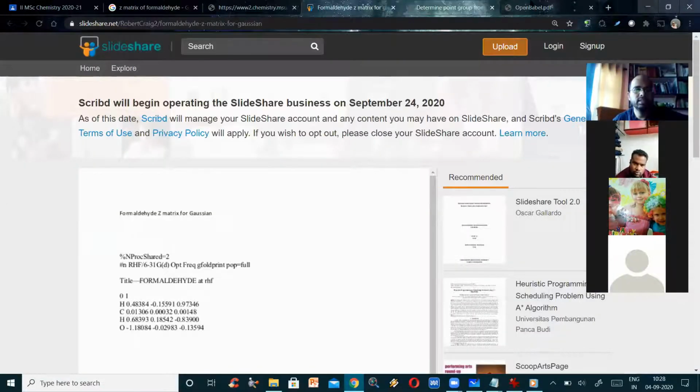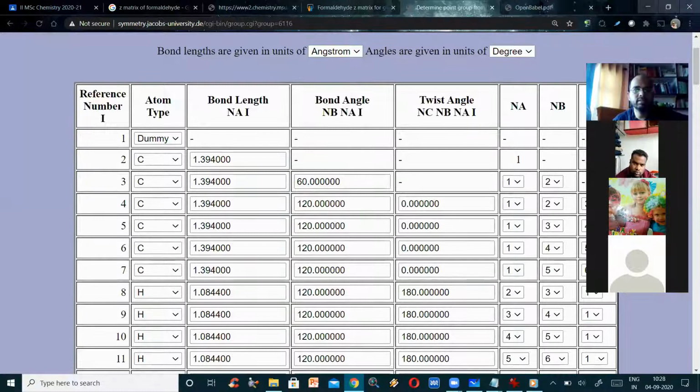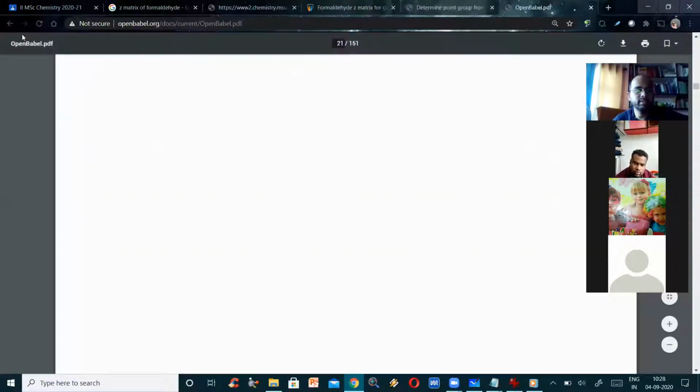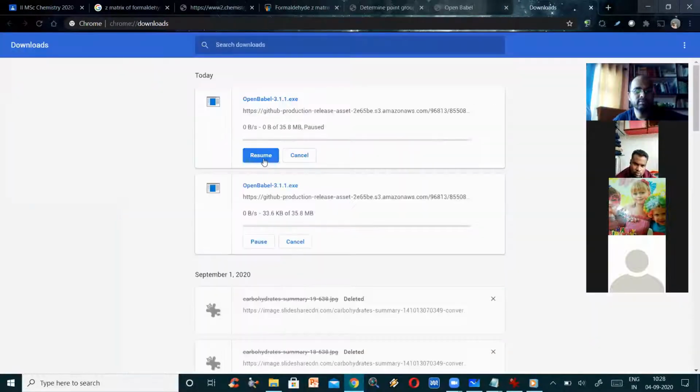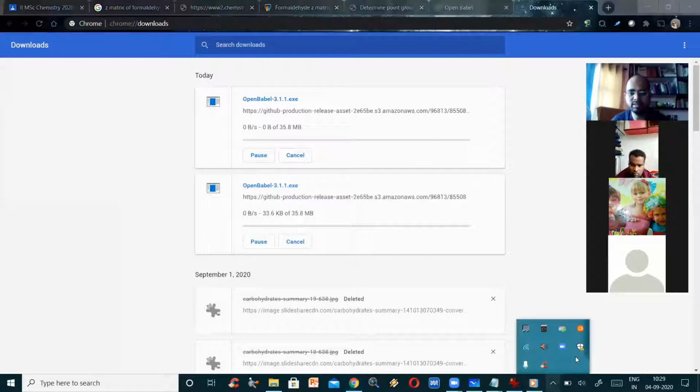Okay, here is that format again in OpenBabel. I will come back again. The download is not coming through. 35 MB is taking so much time. I'm wondering, I have fiber optics, still I don't know why it is taking so much time.